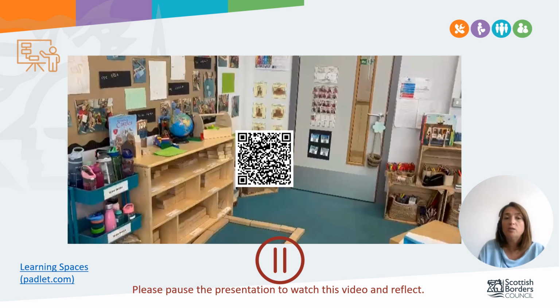Hopefully you will have noticed a wide range of play areas and the use of real and authentic open-ended resources. The space was enhanced using provocations and invitations to learn, and you may have noted the provision of relevant books within some of the play areas, as well as other meaningful environmental print and mark-making opportunities. A super space with lots of opportunities for children to engage with literacy, numeracy and other areas of the curriculum throughout.